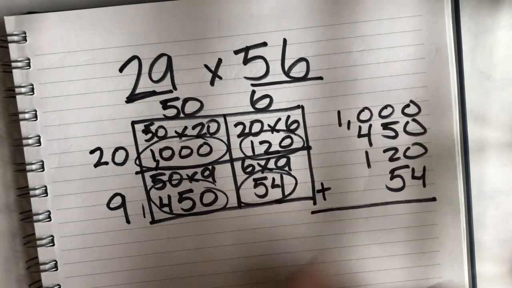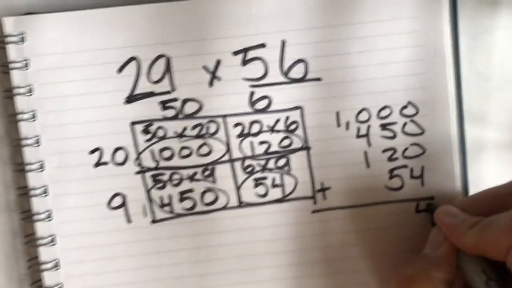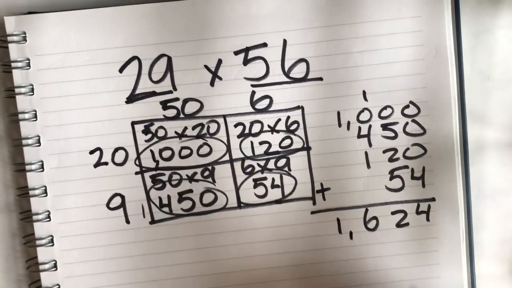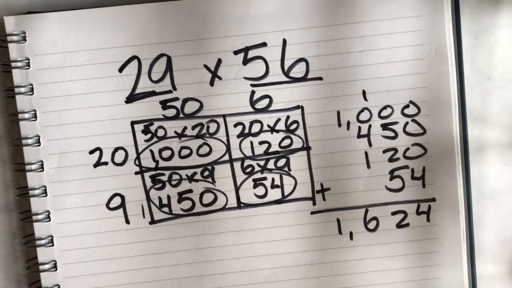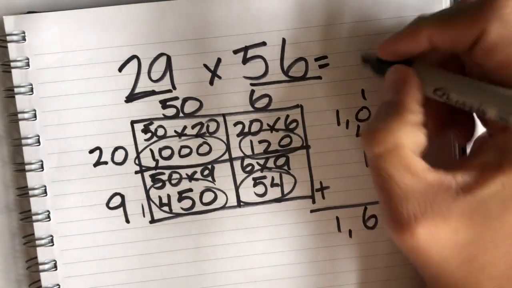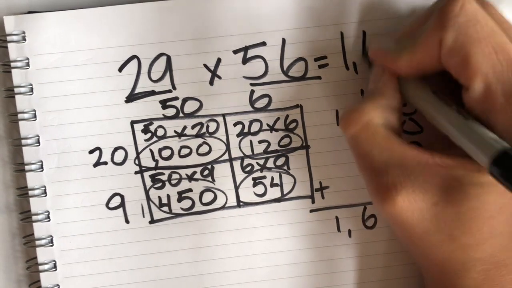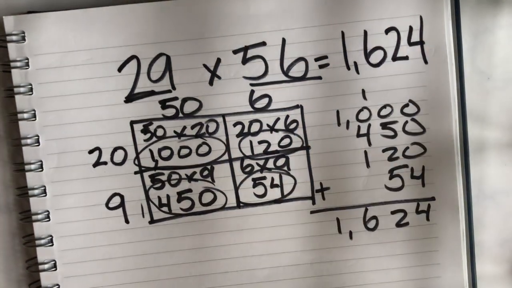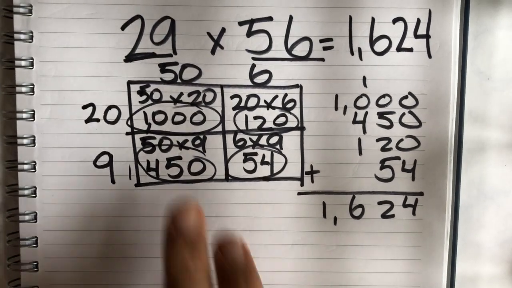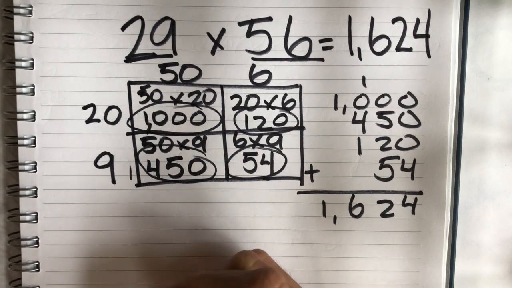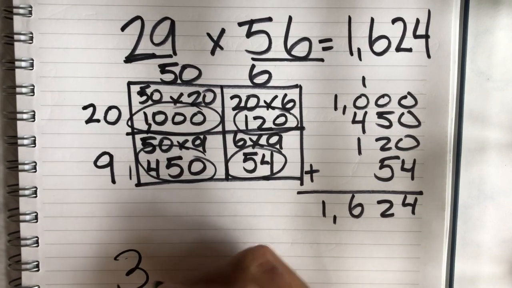Okay? I'm going to add all of these up, so I'm going to get 1,624 as my final answer for 29 times 56. This is going to equal 1,624. Okay? Now, in your notebooks, using the same model, I want you to find the answer to this multiplication